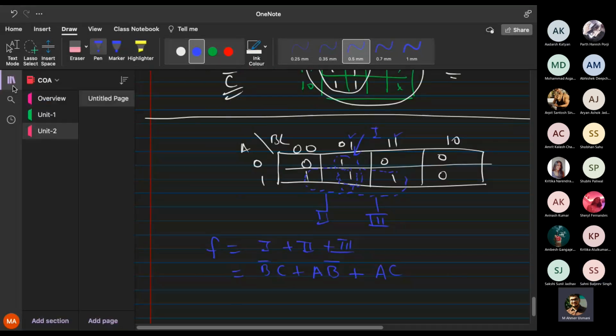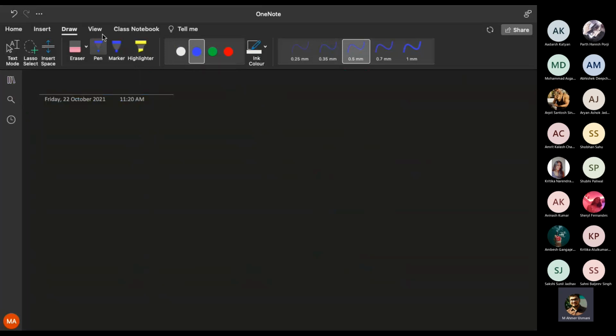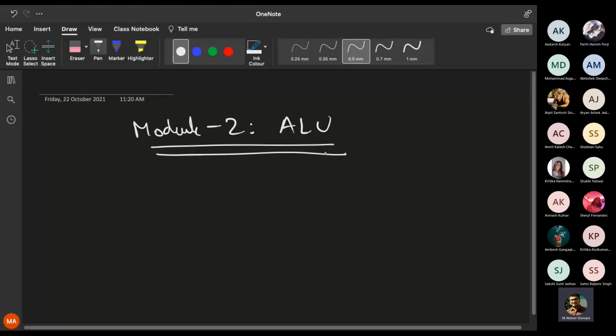Okay. Now you're ready. We'll start with the next topic. We can now start the next topic, and the topic that will start this unit is something called the arithmetic and logic unit. So what is the role of the arithmetic and logic unit? Anybody? The role of the arithmetic and logic unit is to perform arithmetic and logical operations, right? Yes. So this whole module, module number 2 or unit number 2, is strictly related to the arithmetic and logic unit. It is completely about how to perform arithmetic and logical operations.